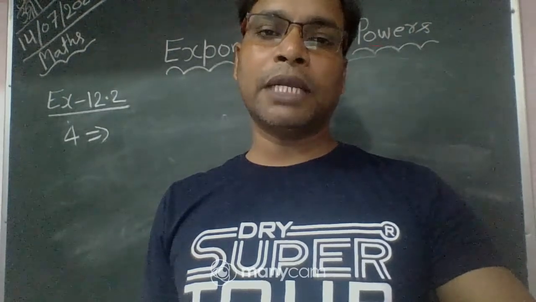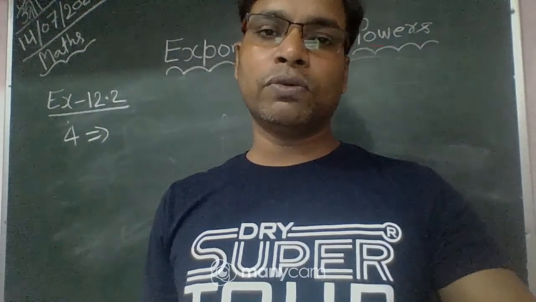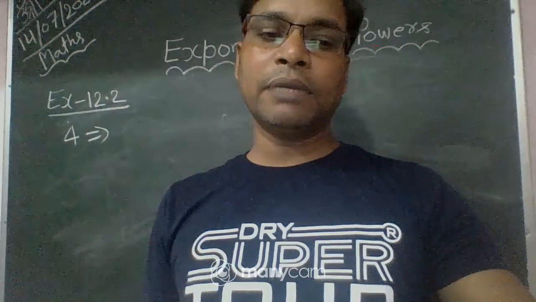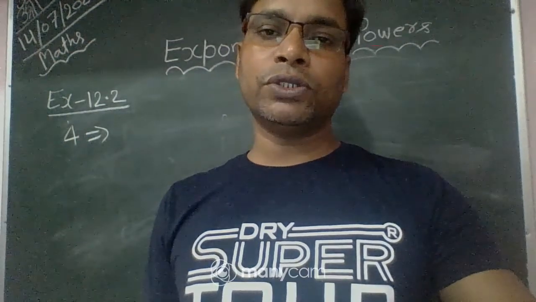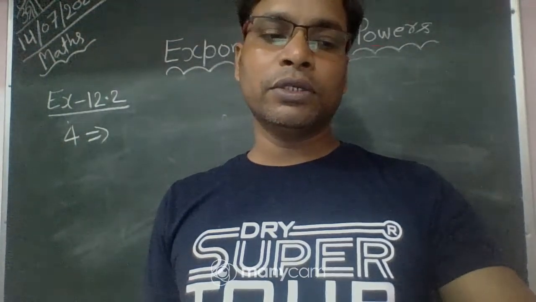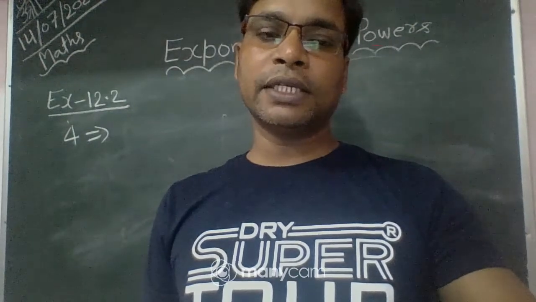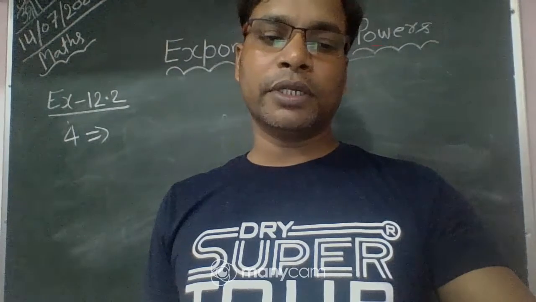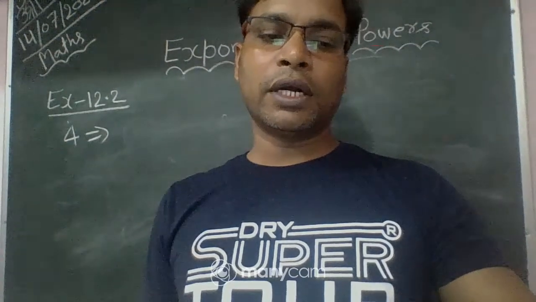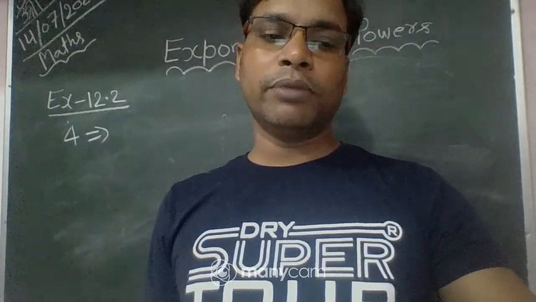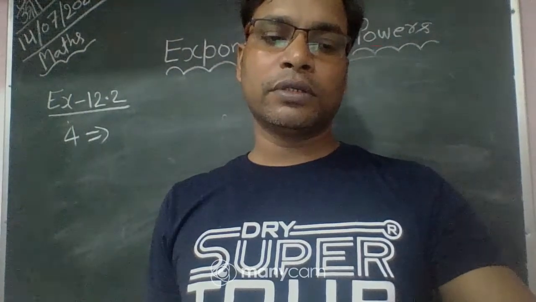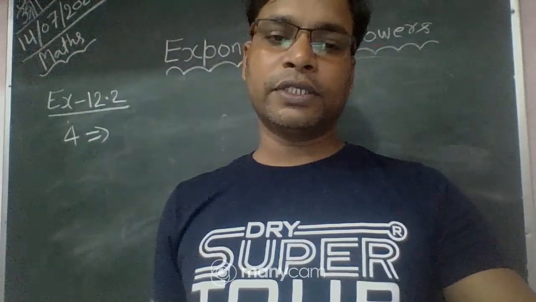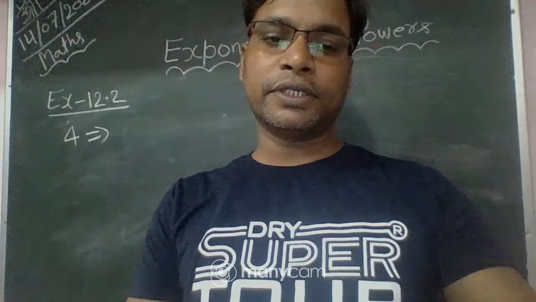Now the thickness of one paper is given as 0.016 millimeters and the number of papers is 5. So the thickness of 5 papers is equal to 0.016 into 5. This is equal to 0.08 millimeters. Okay, so the total thickness of the stack is 100 plus 0.08 millimeter. This is equal to 100.08 millimeters. Okay. This is clear.